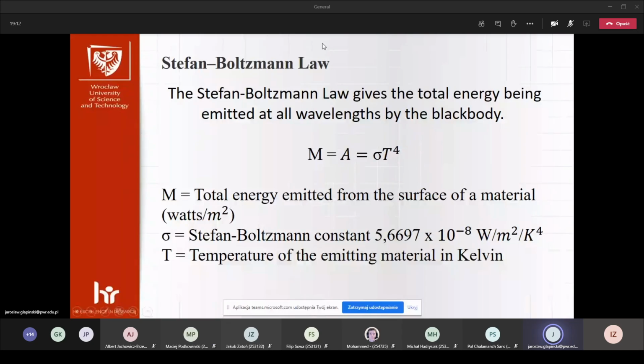So the physicists thought about the problem, and it was Planck who discovered a different theory of the black body, black box radiation. He said that it could be